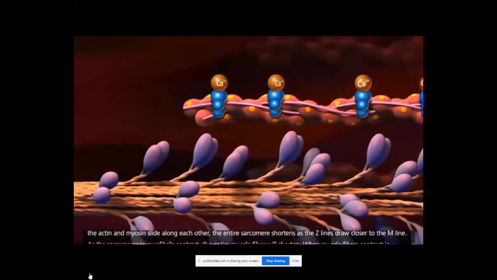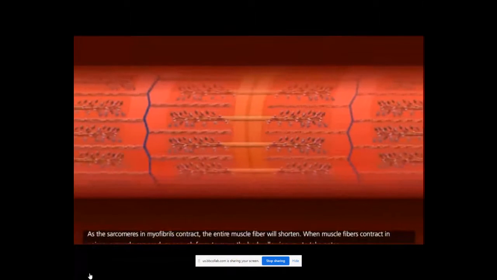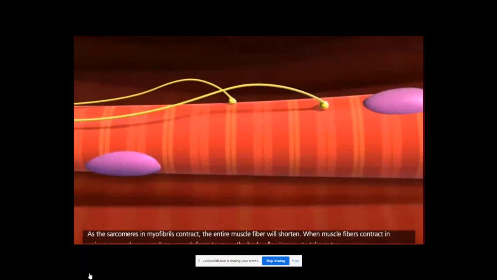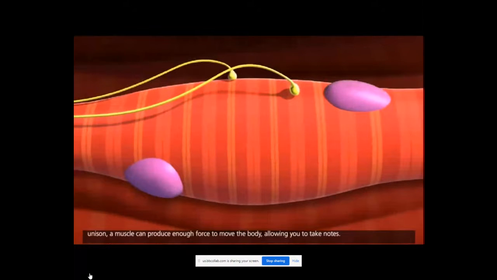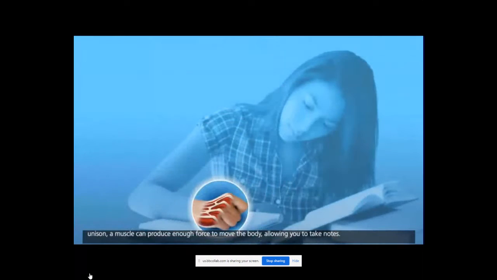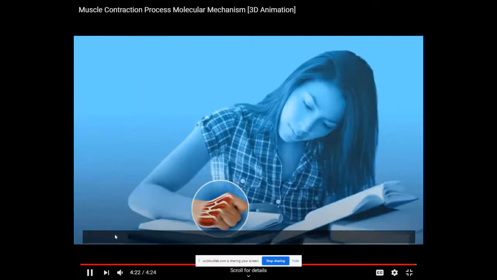muscle contraction. As the actin and myosin slide along each other, the entire sarcomere shortens as the Z lines draw closer to the M line. As the sarcomeres in myofibrils contract, the entire muscle fiber will shorten. When muscle fibers contract in unison, a muscle can produce enough force to move the body, allowing you to take